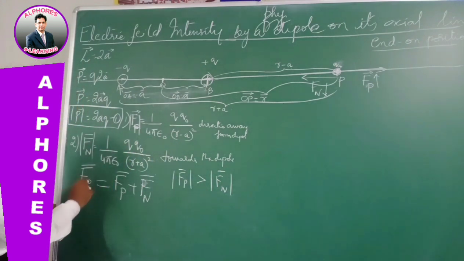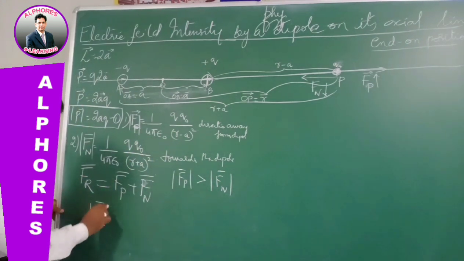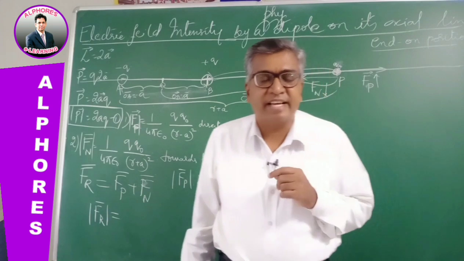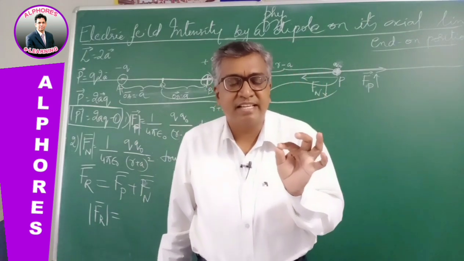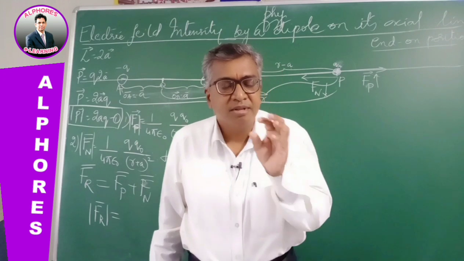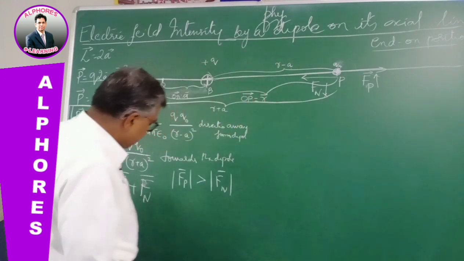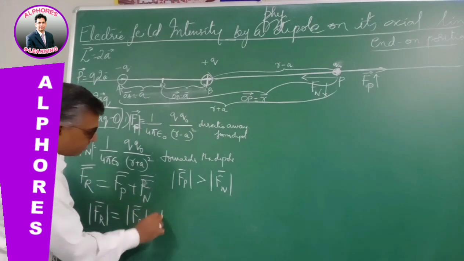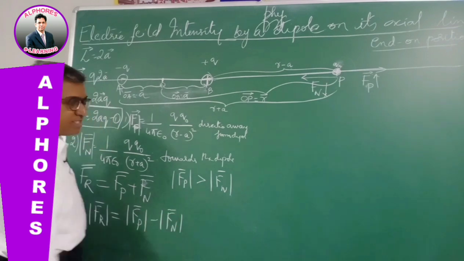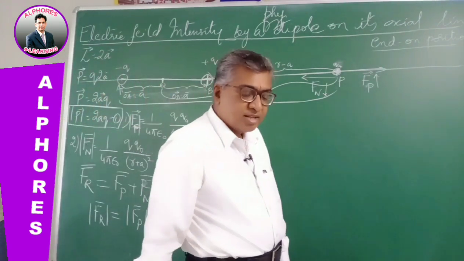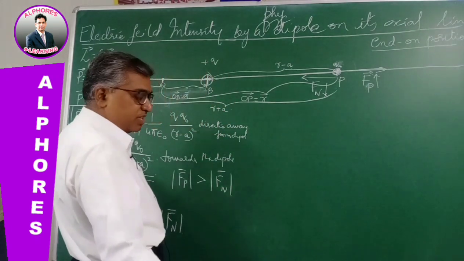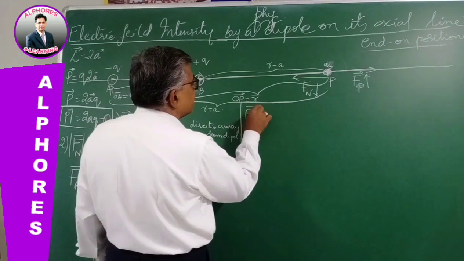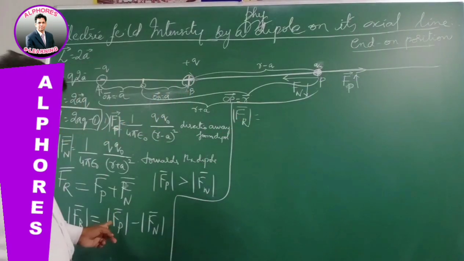So therefore, the magnitude of the resultant force, according to the Parallelogram law of vectors, when two vectors are in opposite directions, is the subtraction of their magnitudes: bigger magnitude minus smaller magnitude. So the resultant force out of these two is, bigger magnitude, mod Fp minus mod Fn. It is the magnitude of the force due to positive charge minus the magnitude of the force due to negative charge. So applying this, the magnitude of the resultant force on the test charge is Fp minus Fn.